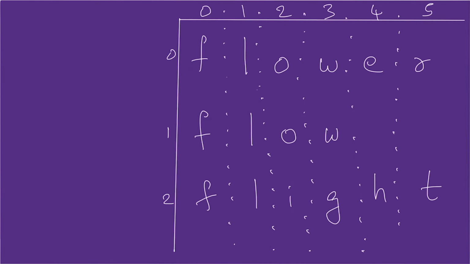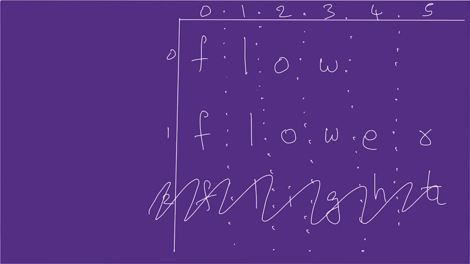But there are some interesting base cases that we need to talk about. So let me update this question. I basically swapped the first string and the second string. So flow is the first string and flower is the second string in the array. And let's say the third string did not exist. So starting our iteration again, we pick the first string, which is flow in this case,